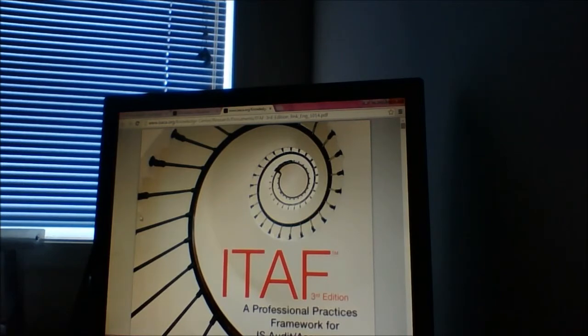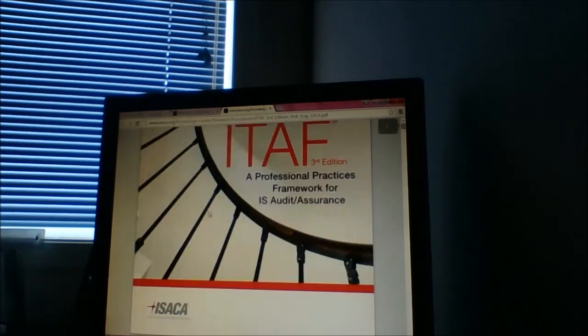This is the third edition of ITAF, which includes all the IT assurance standards, guidelines, and tools and techniques needed for IT auditors to do their IT assignments. The information included in this document is very valuable for IT auditors.